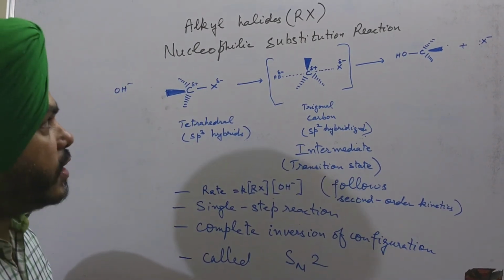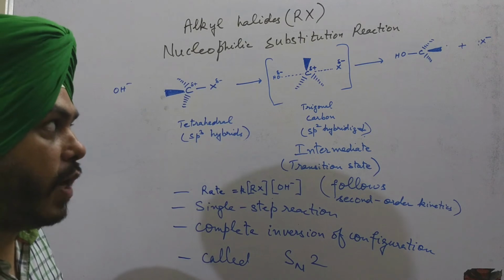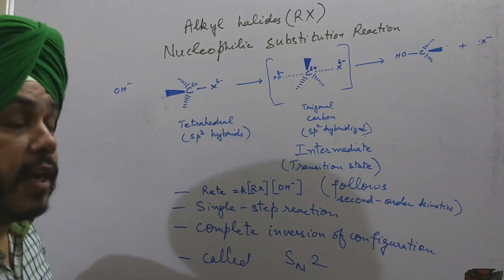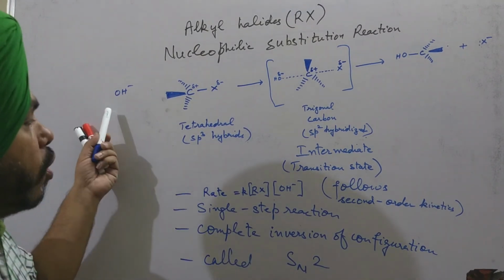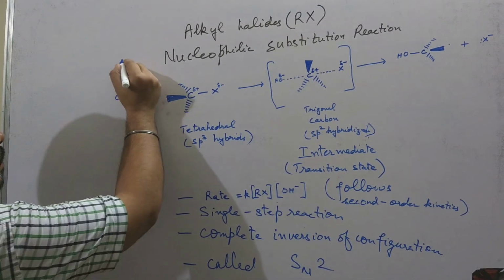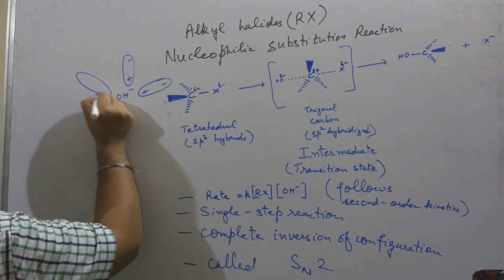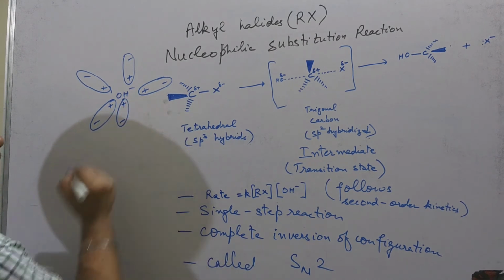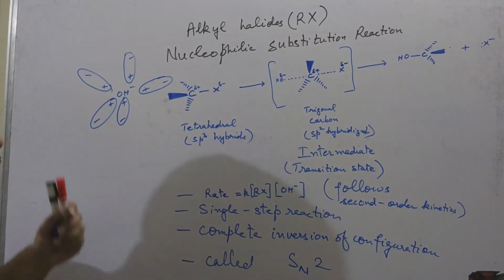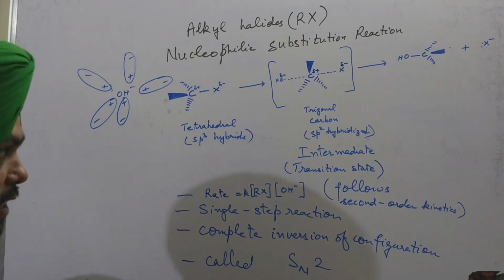So this kind of reaction has various factors which are taken into account. For example, the kind of solvent it takes place in. If the solvent is very polar, it can basically hinder the nucleophile. It can solvate the nucleophile like this, and the nucleophilic power will become less. So the solvent has to be non-polar, or sometimes we also call it non-protic solvent.